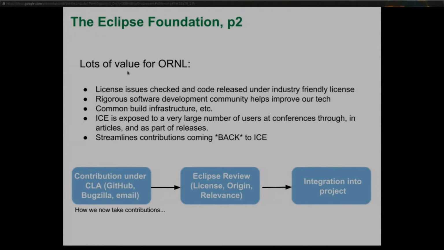So we have a newsletter coming out in January, a couple of months or so from now, and it'll expose this to a very large number of people. 115,000? Yeah. Publication is pretty cool, but when you know you're going to get distributed to 115,000 people, I think that... And again, this streamlines the contributions coming back to us.